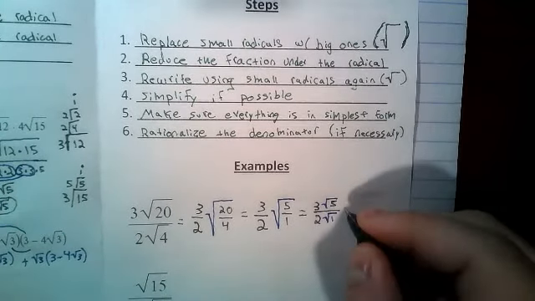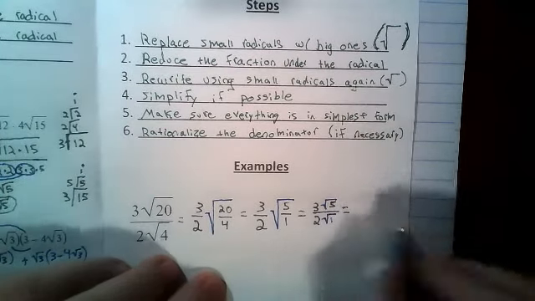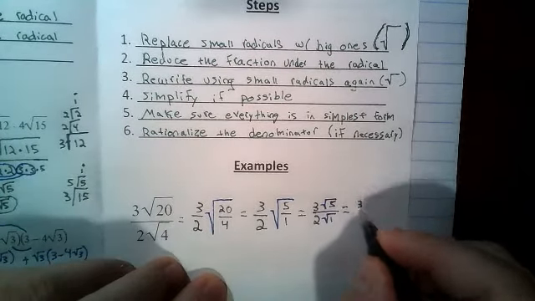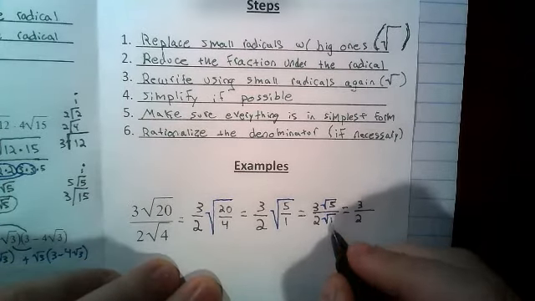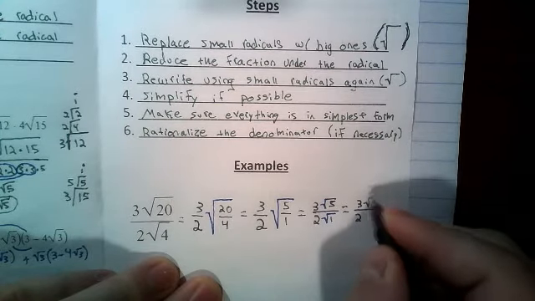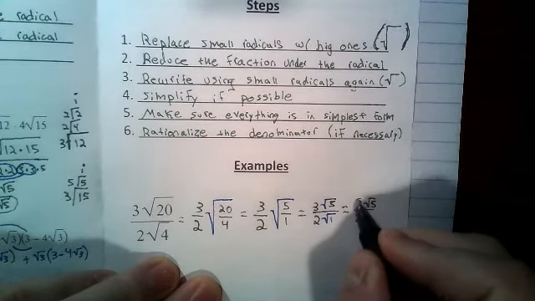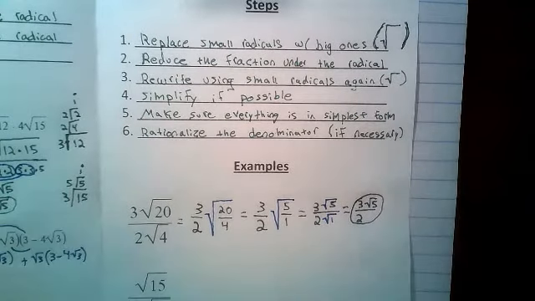Okay, and then I simplify again if possible. I can't simplify 3 over 2, so I just have 3 on the top, 2 on the bottom. The square root of 1 is just 1, so I don't even have to write it. And then on the top I do still have the square root of 5. So that's how we divide